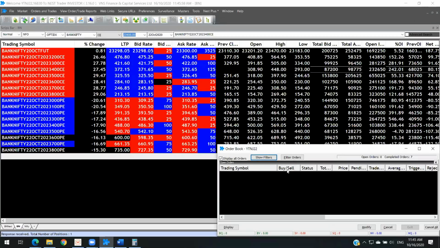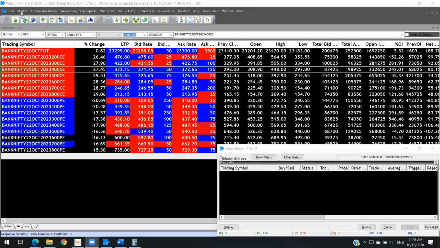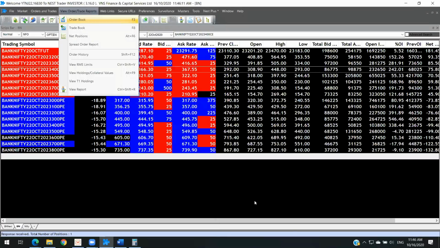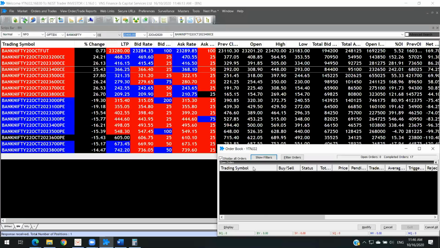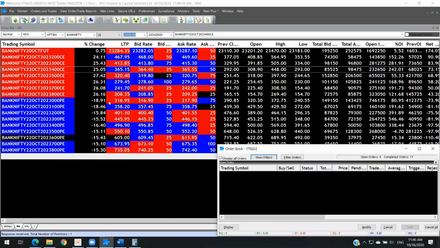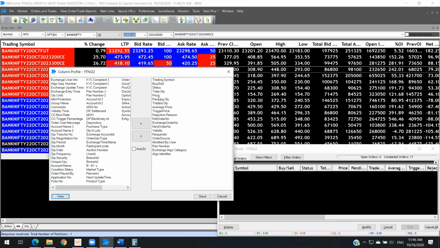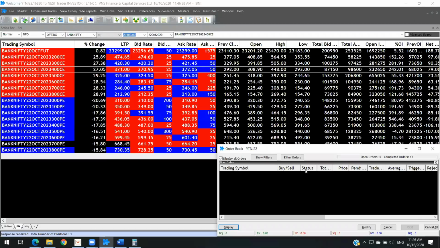And to go into the order book, what you need to do is click here. You see the order book, which is called the function F3. You can use that, and then set it up similar to this. Again, click on this trading symbol, click on the reposition column. You have plenty of information. Choose what you want. I'm currently choosing trading symbol, buy and sell, status, total quantity, price, pending, traded, average price, trigger price. These are not all required, but still if you have it, just click on save. Trading symbol, buy, sell, status, everything. And then I'm only using the open order window.